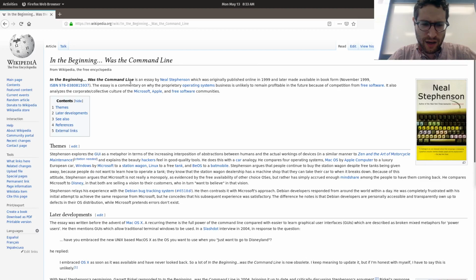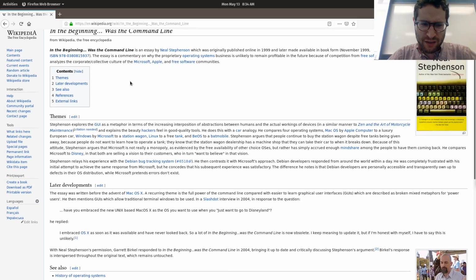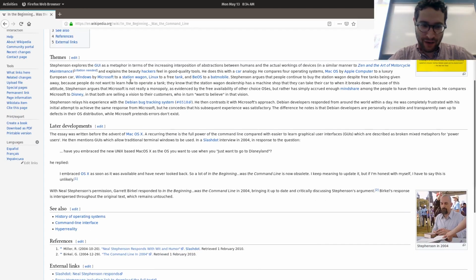I say it's an essay, but honestly, the way Neal Stephenson writes, he's a sci-fi author, it's kind of novel-sized, but there are various interesting bits of it. It's free; you can find it online, but it just talks about the way certain programming interfaces work. Okay.